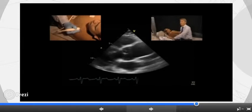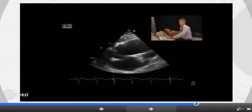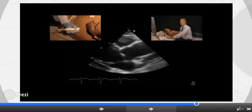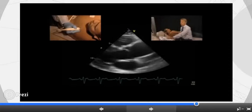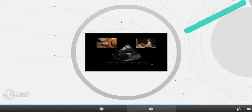And in addition, the ascending aorta is also dilated. So this together with the morphology of the valve is almost indicative of a bicuspid aortic valve. It has three leaflets to it, but with a bicuspid valve there are only two leaflets, and these two leaflets